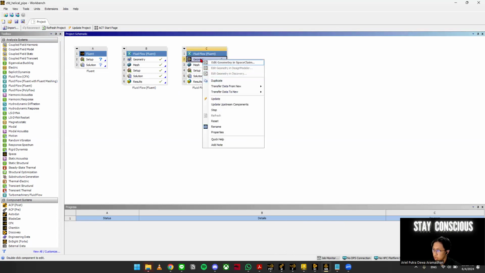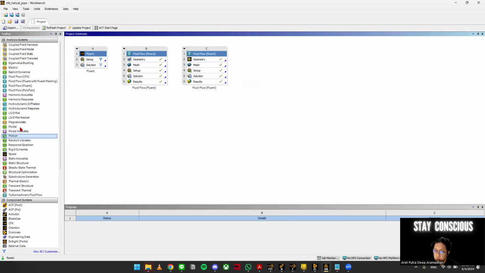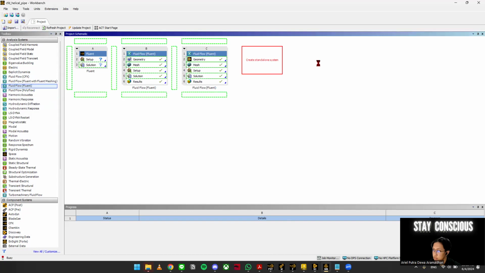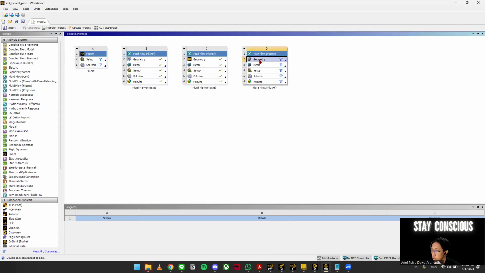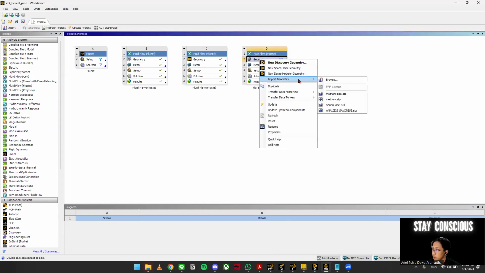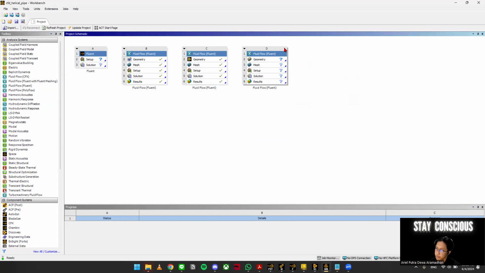Here we're going to input the geometry by right clicking in the geometry, import geometry, and then using the MatNumPy file, we're going to import it. But I've done it, so I'm going to use my last work here.